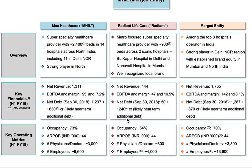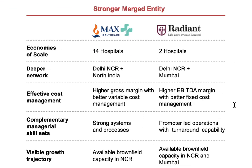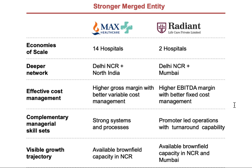And if I look at debt, Radiant Life Care is a company with lower debt, whereas Max Healthcare has higher debt. So again, this plays a role of coupling where lower debt and higher debt companies are integrating. Looking at the merger in a broader way, 14 hospitals are being combined with two hospitals. One has a deeper network in Delhi NCR and North India, whereas the other has a network in both NCR